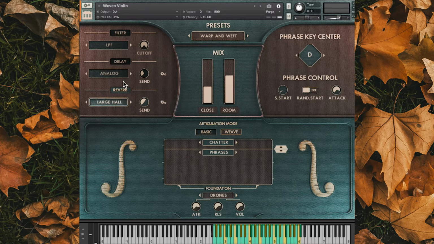Over here, you have the different effects that you can place on the Woven Violin sound, and turning each of these on and off respectively is just clicking the icon. And once it is illuminated, it's on. You have control over these parameters here. One thing that a lot of these settings have is a really